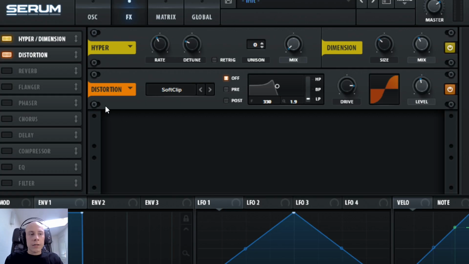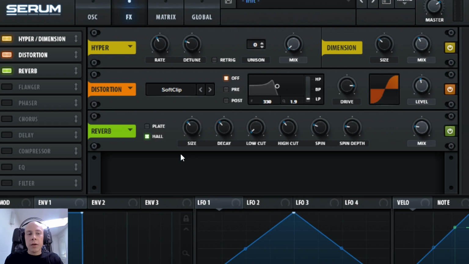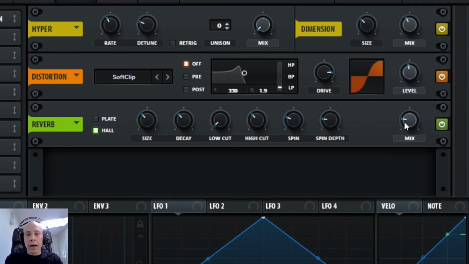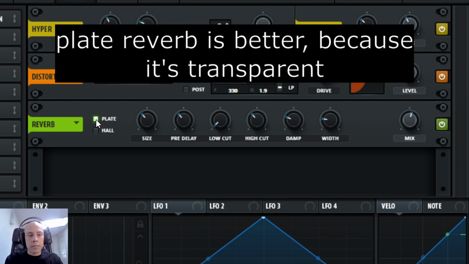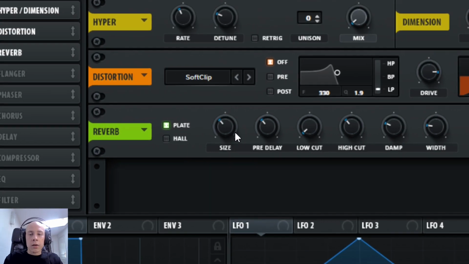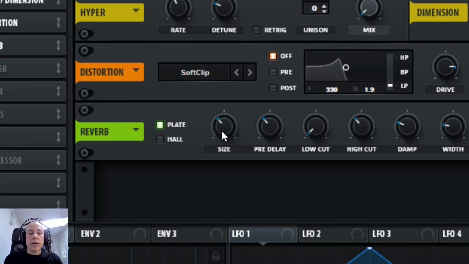I want to blur this sound. For this I will use the reverb, which will be put after the distortion, so the reverb is going to smooth out our bass sound. I will increase the mix control so we can hear how the reverb sounds. I will start adjusting the character of the reverb by tuning the size control, which simulates the, let's say, dimensions of virtual room in which the bass is being played.